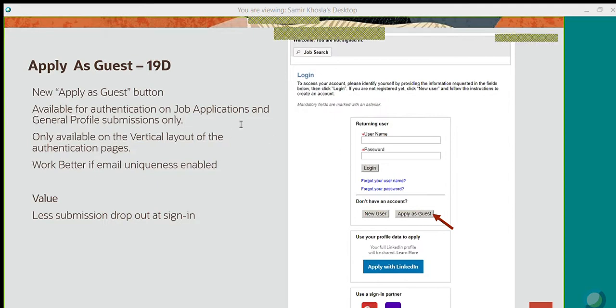When we talk about the authentication here, there is a requirement, which most of you probably already do, which is to have email uniqueness enabled, because when you go through the apply flow, we do ask for your email address, and then that's how you tie back to your application and actually can create a username and password to do things like check application status,